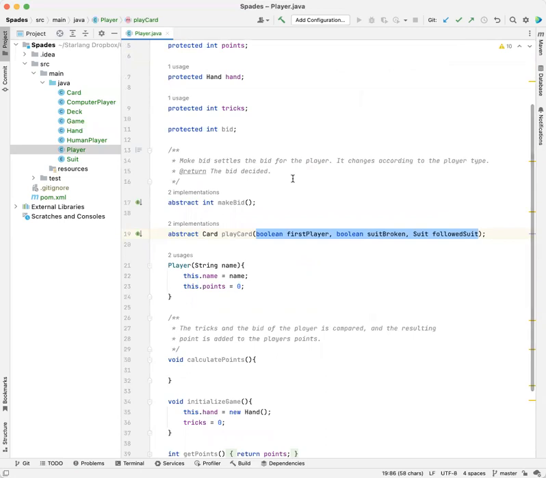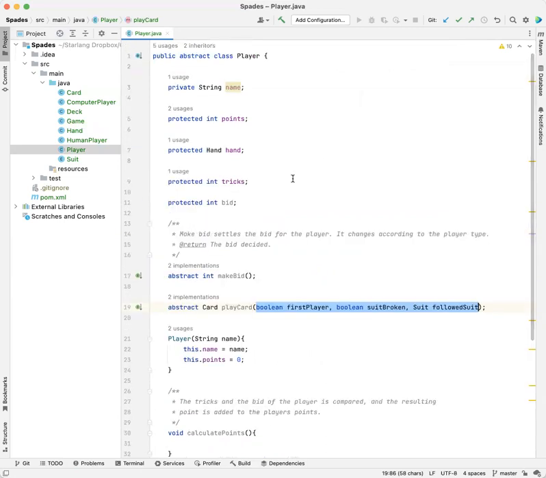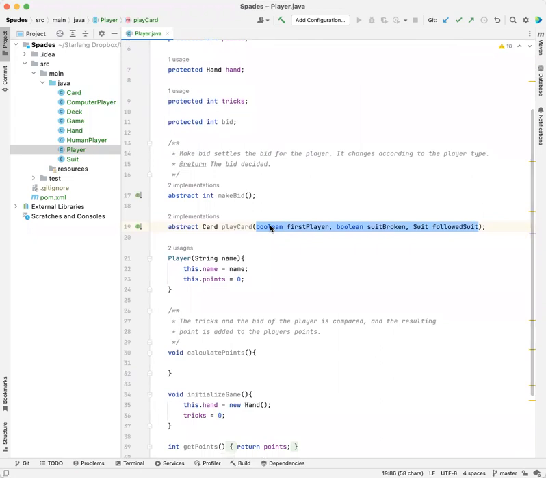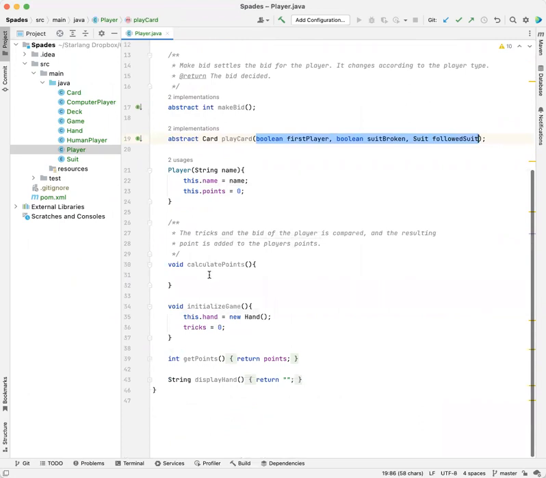For the players, this is a little bit tricky. In that case, we will follow it. We have the play card, which should be implemented in the human and the computer. We have the player, which sets the name and points, which are okay now. And then we have the calculate points. So how will we calculate it? Let's go and see the